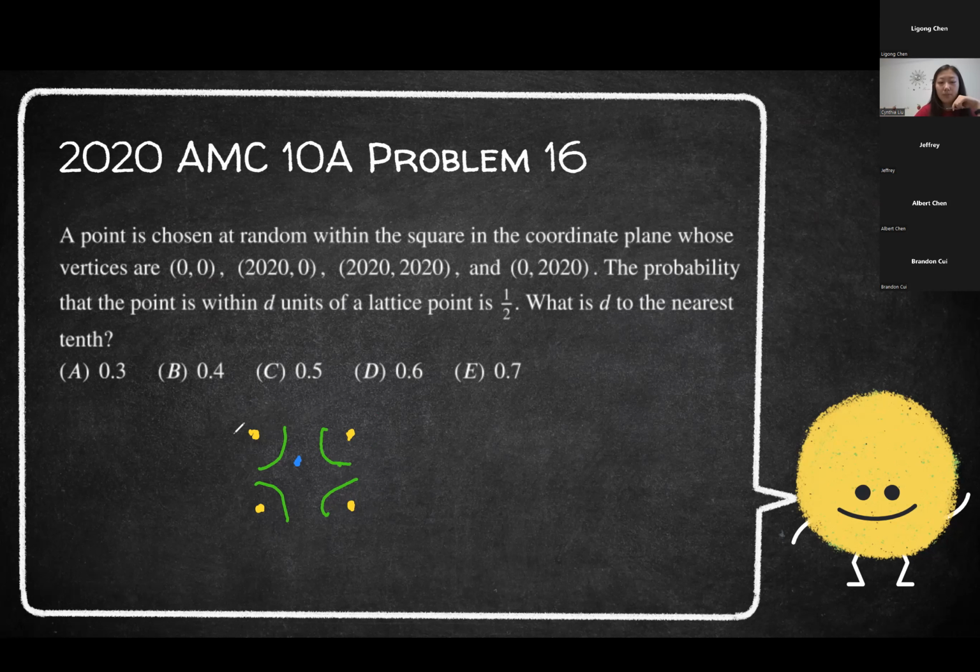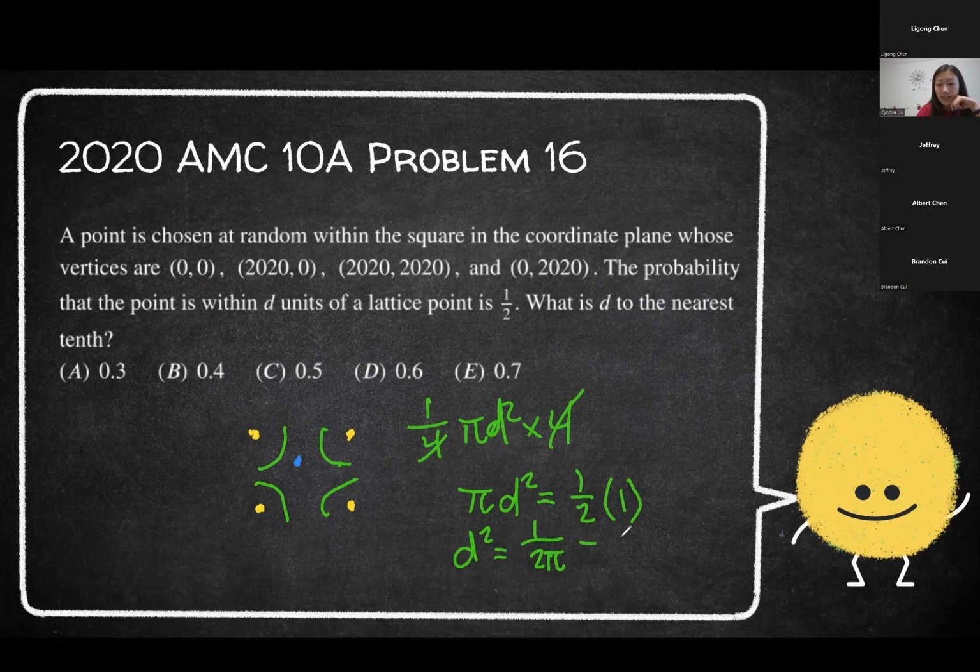So the area of one quadrant is 1/4 pi r squared, right? Because it's a circle, pi r squared. And we have 4 of them, so we can multiply this by 4. Actually, it shouldn't be r, it should be d, because that's what it gives us. And then the 4's cancel. So we just have pi times d squared as our total units. And because it's a probability of 1/2, we have 1/2 times the unit of the entire square, which is just 1, right? So it's just 1/2. So we have that d squared is equal to 1/2 divided by pi, which is 1/2 pi,